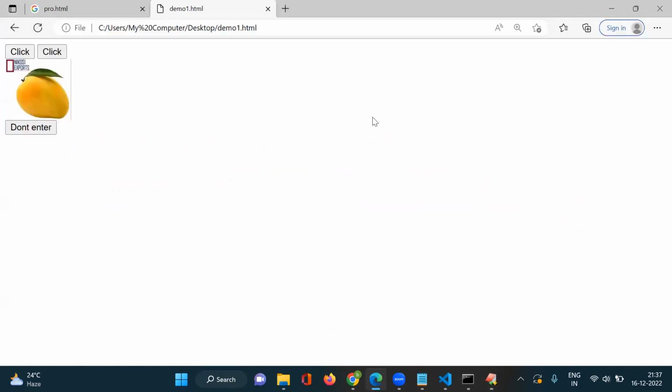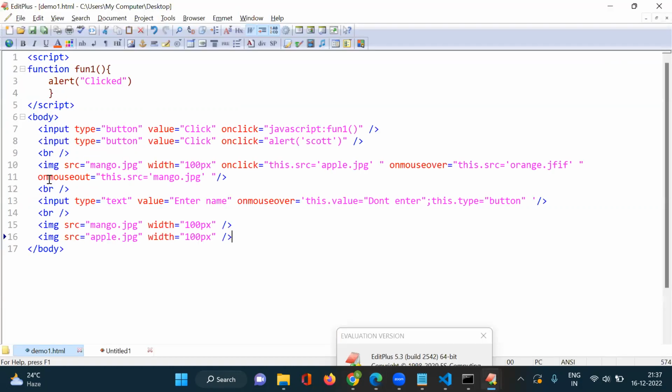Like that, I have taken these two images. If I click on this image control, I want to change this source. First image, onclick is equal to this.src is equal to